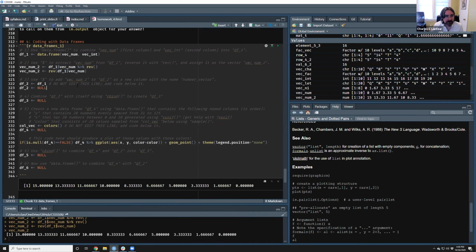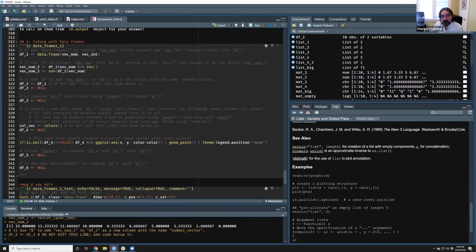Okay, next one. Use $ sign to add vecnum2 to df2 as a new column with the name number vector. So how do we add a new column using the extract operator to this? What's that going to look like? This is another thing about subsetting in R again. It's symmetrical.